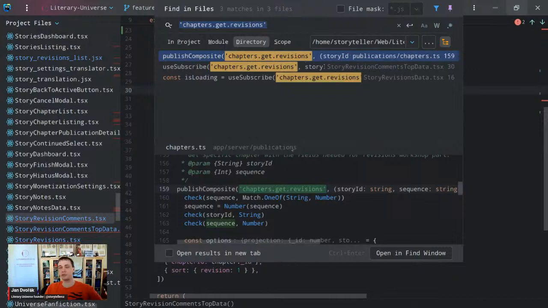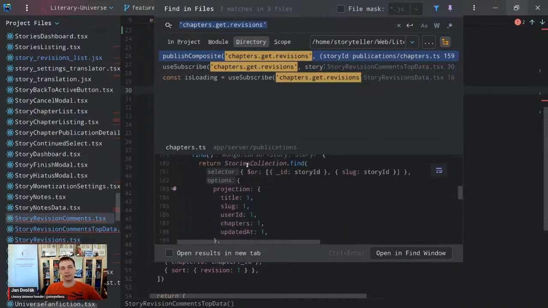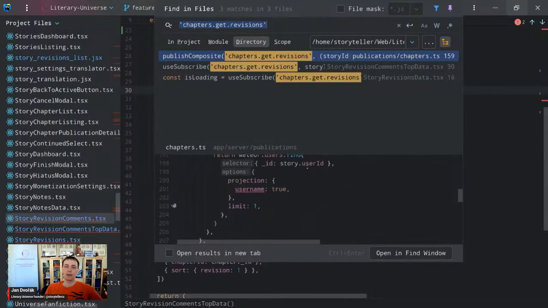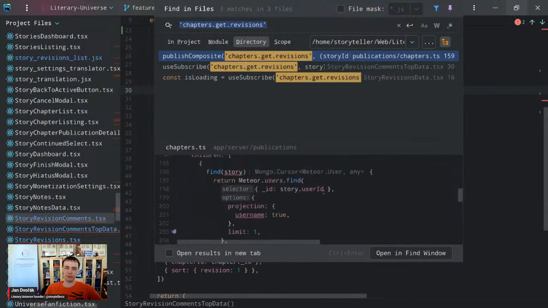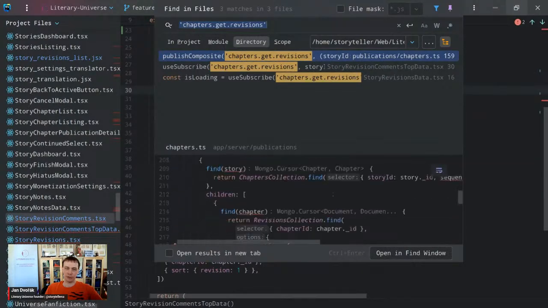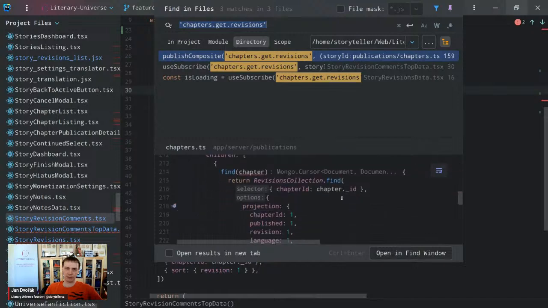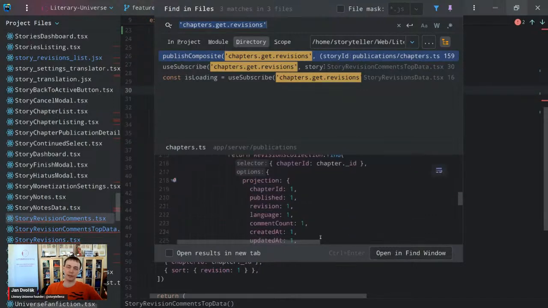So we have only one subscription for all of that, in which we get the story. We get, interestingly, the user, so the author. Yes, we got the author. We get the chapters, and then revision for each chapter. So it's very heavy